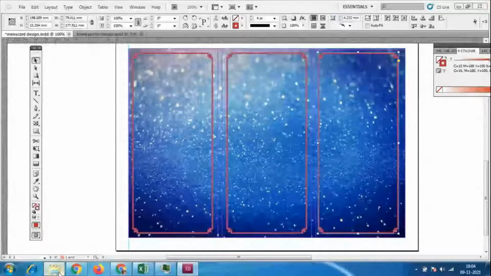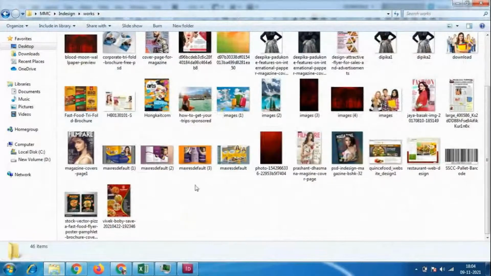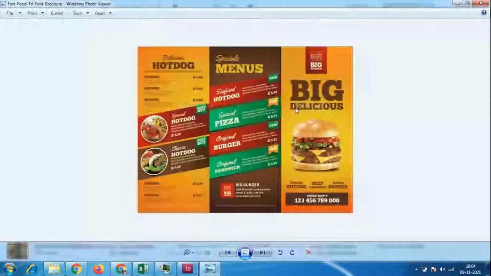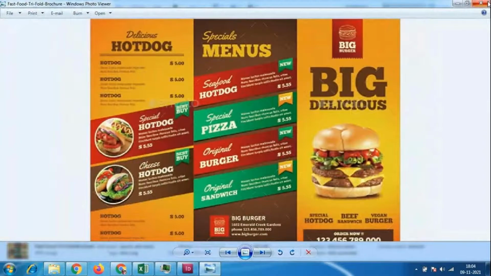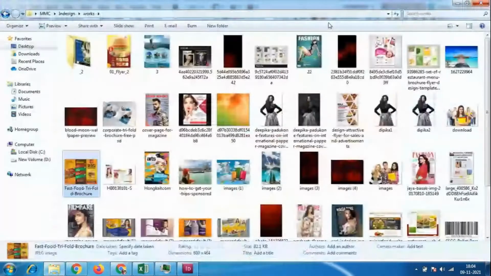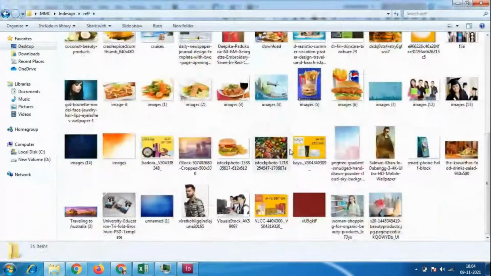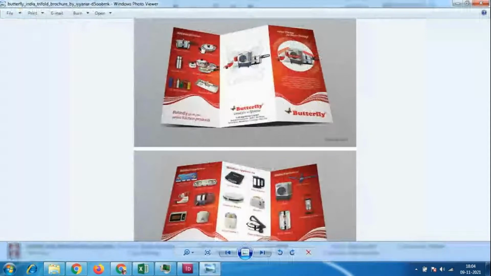I'll show you people, like this. Look here. They have mentioned hot dog, some $5, something like that. So this is what you people get in the menu, and we have to type it something like that. Even here, they have mentioned the product and the price of the product. Those things you can keep like this.